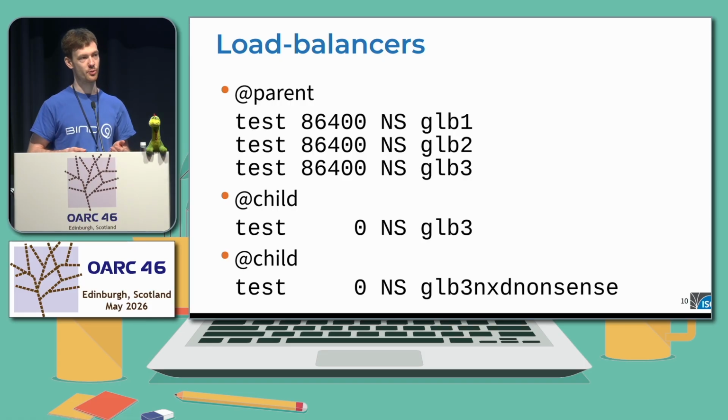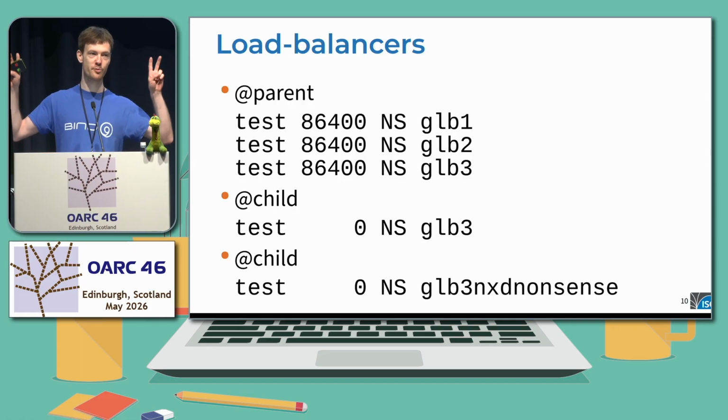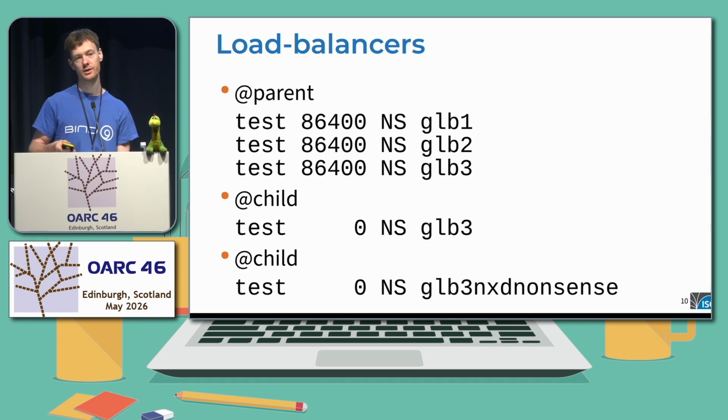Second, a more practical point of view is that our support organization very often encounters enterprise deployments, which very much like load balancers. The parent delegation might be three or any number of load balancers, and then any individual load balancer responds only with itself if you ask for the Apex NS record, presumably with TTL 0 because it's a load balancer, they have their own reasons. Sometimes the name doesn't even exist on the Apex, so it breaks in very interesting ways.